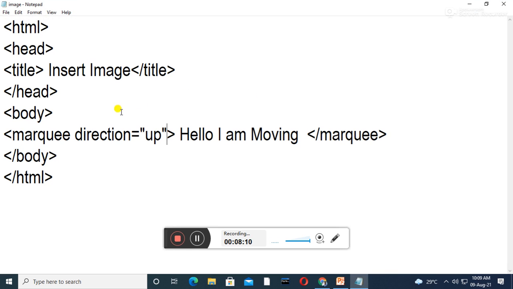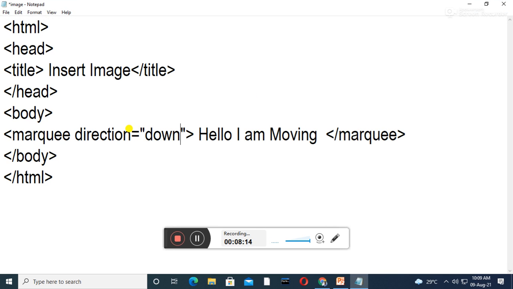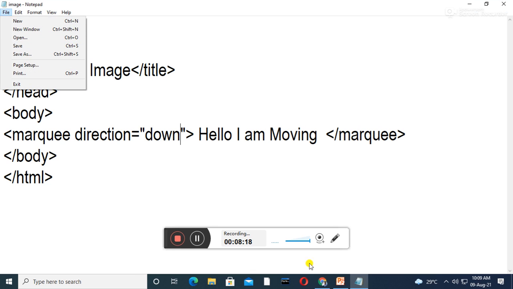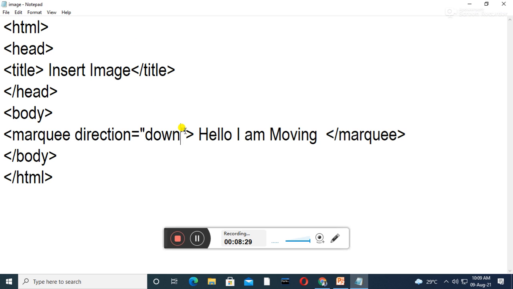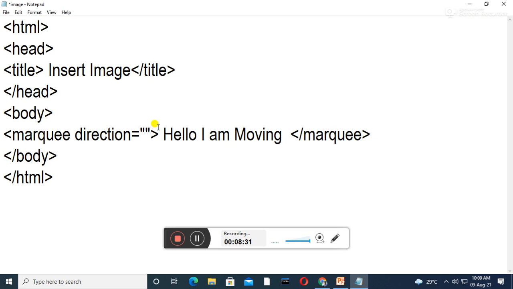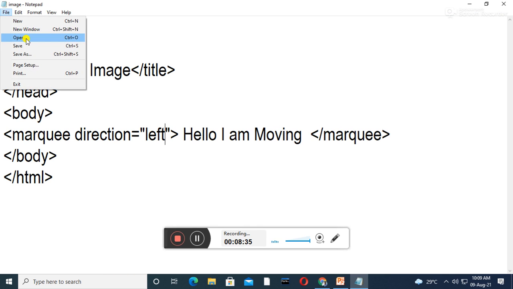Then now down. After changing, you must save your file, otherwise the change will not apply. This is down, it starts moving down. Next, left and right. Left. Save this file and refresh.